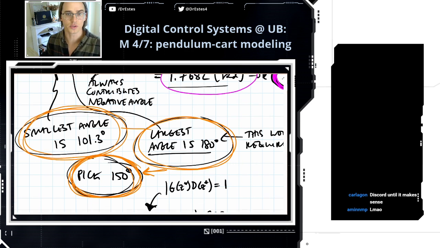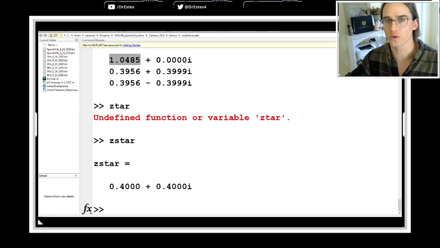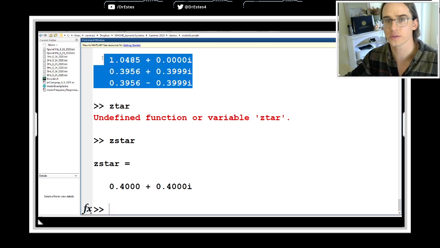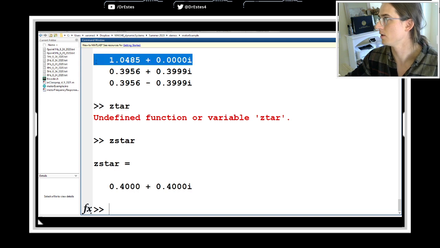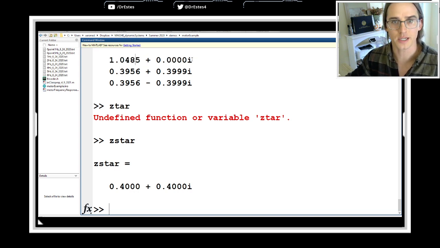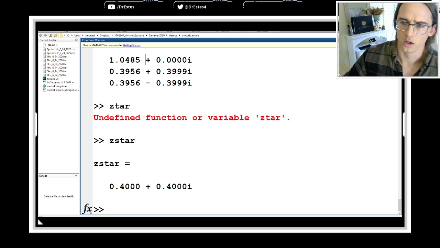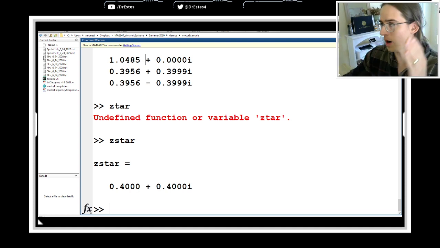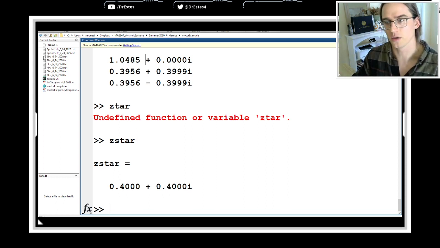And then what you should do afterwards is look at all those controllers and their closed loop poles, and find a version of the controller that looks beautiful and doesn't have an unstable pole and doesn't have a pole on the negative real axis, those kinds of things. I wanted to run through that because if you're somebody who's been really stuck, what I just did is what you need to do.